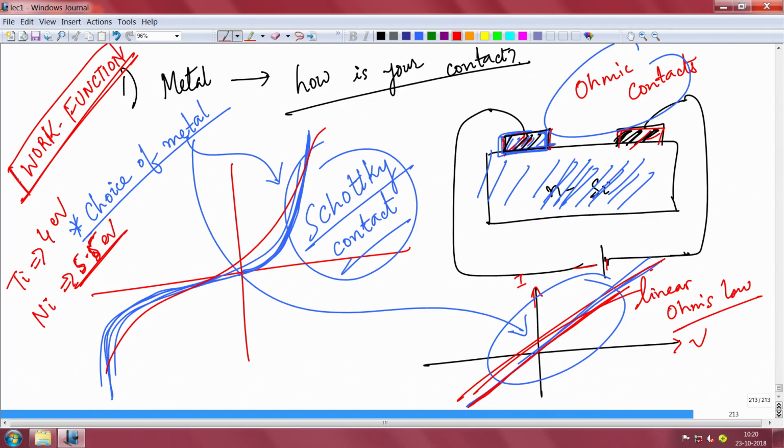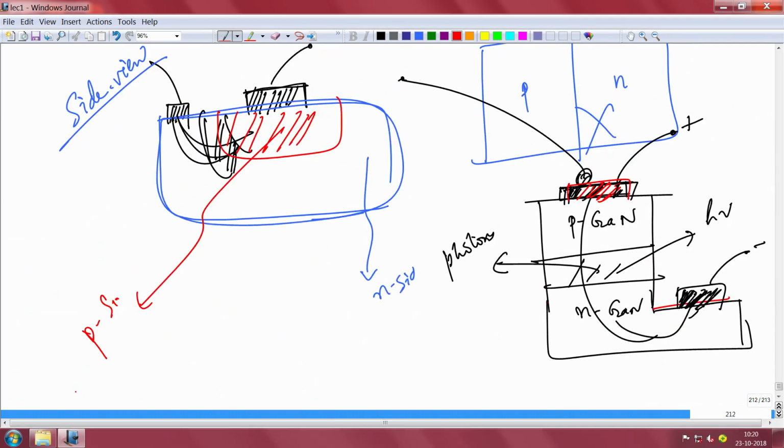So the work function of different metals is different, and because of this, you will end up getting different kinds of IV. We will see that. So the choice of metal is very important and the metal-semiconductor junction is very important. That's why you need to put metal to actually measure the device. You cannot just have a piece of silicon and put two probe tips on it, because these probe tips are mostly made of tungsten. So you will have only one kind of work function, that of tungsten.